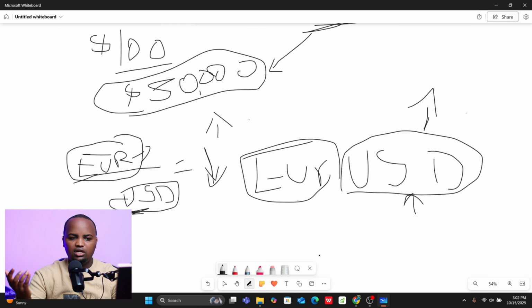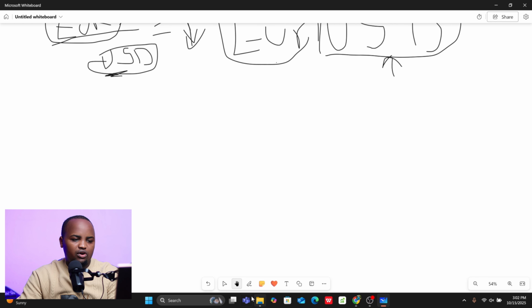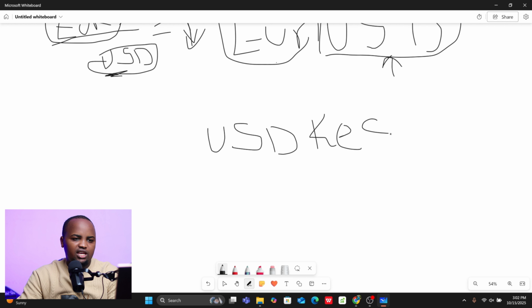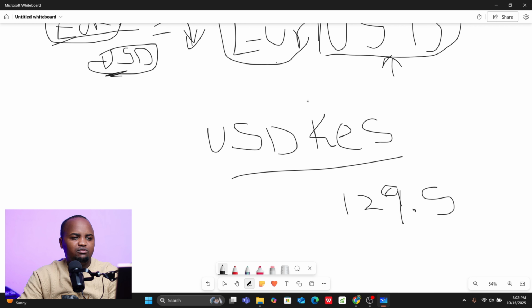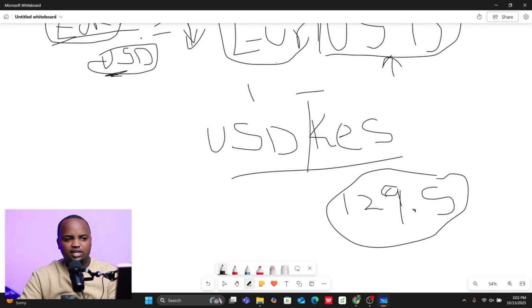For example, if you are trading this pair now, because we say in base and quote currency. Now that is what you really have to understand. It's the same thing, for example, when we are trading dollar here. Assume this dollar here and KES. That is what is written here. So you're going to see this and you're going to see the value of 129 point probably 5. Okay, what does that mean? It means that for $1 you need 129 Kenya shillings. That is the same thing that we get here, and that is the same thing we do.